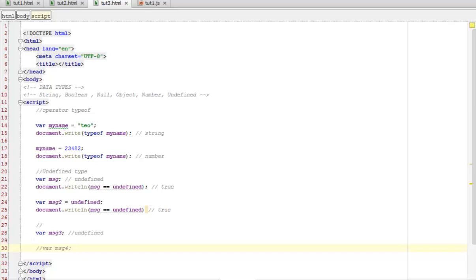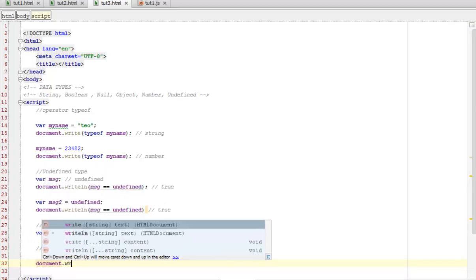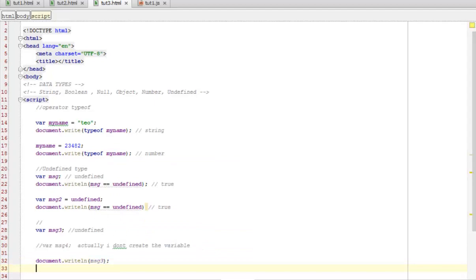So actually I don't create the variable. Okay, the msg4 variable doesn't exist. If I try to show these two variables on the web page, msg3 and msg4,